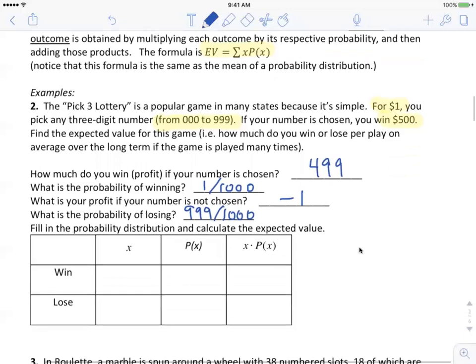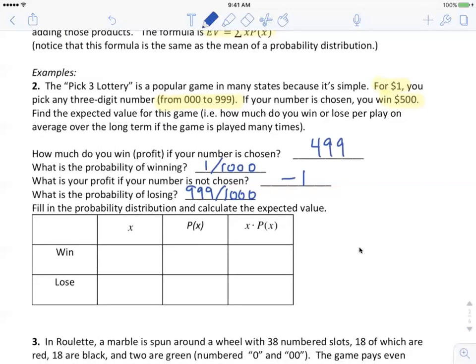Okay, so to figure out expected value, it helps to make this table and then we'll calculate it. So the x, the random variable x in this case, is dollar amounts. You're either going to win $499 or you're going to lose $1. That's all of the possible outcomes, right? Those are the only two things that are going to happen each week. Okay, and then we can do the associated probabilities. The probability of winning, we know, is that 1 out of 1,000,